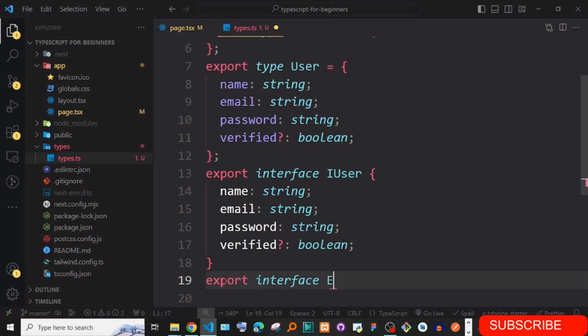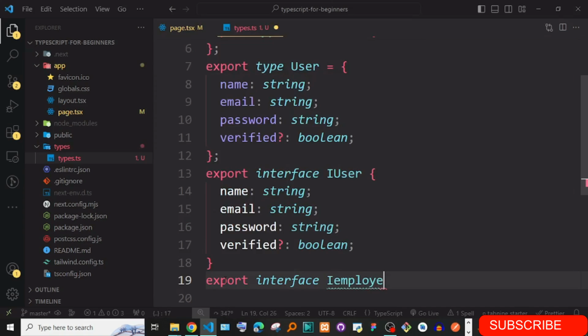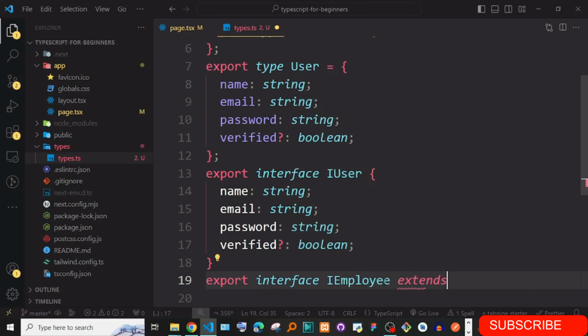So I say interface I employee. Okay, this, I'm just going to make it capital, I employee, just like this, extends. I use the word extends to I user.